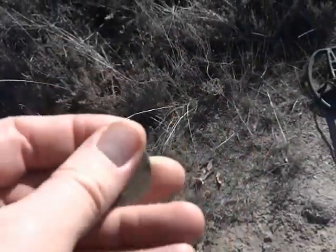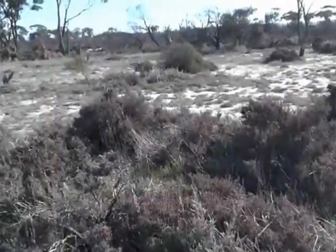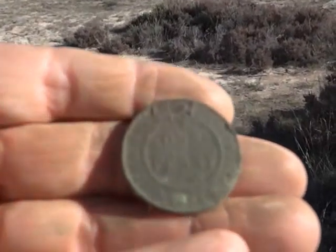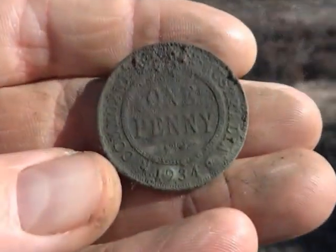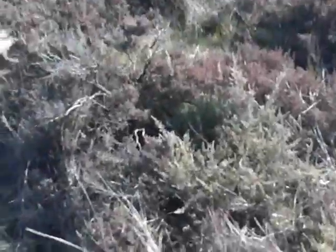It's 1 penny. Okay, pause for a second while I clean this. 1934. Yeah, that was older. Not much older, I suppose, 7 years, but